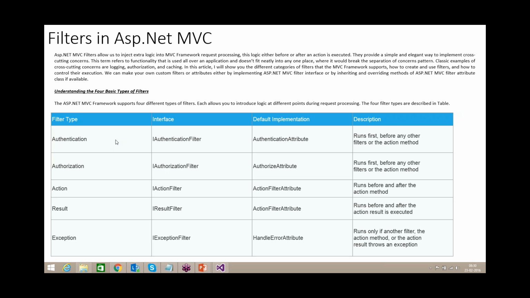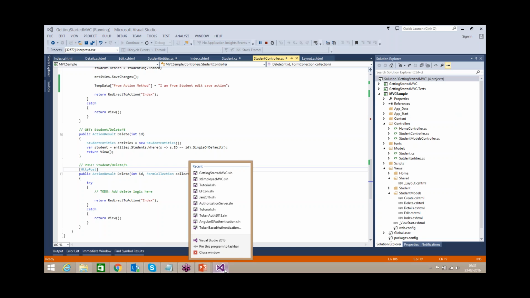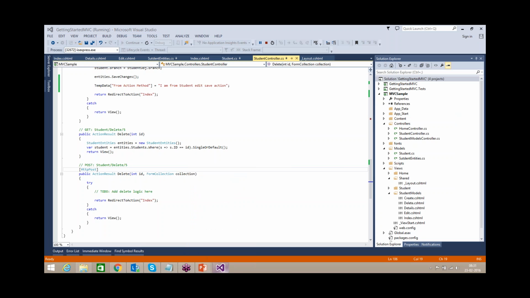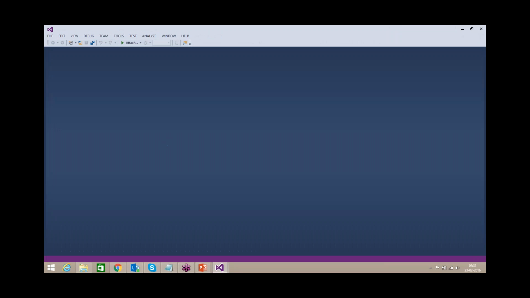If you want to write your own filter, these are the interfaces available. By using these you can write your own filter attribute. I will show one sample example for this.